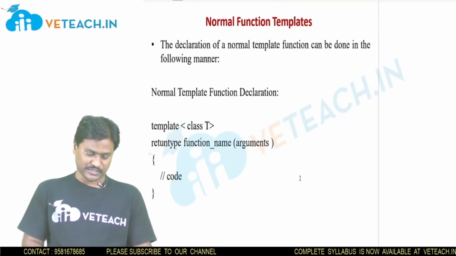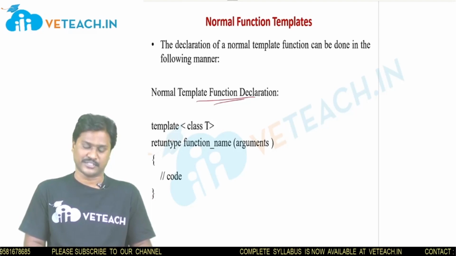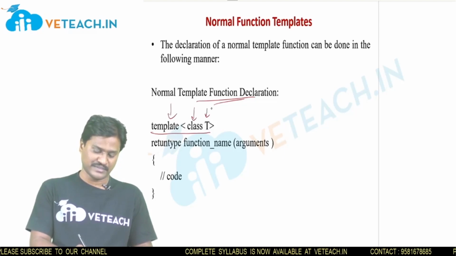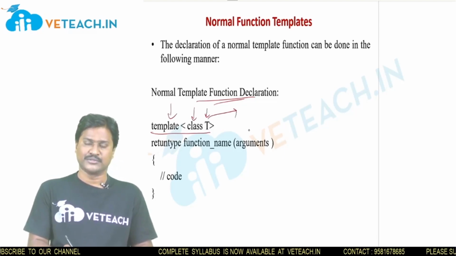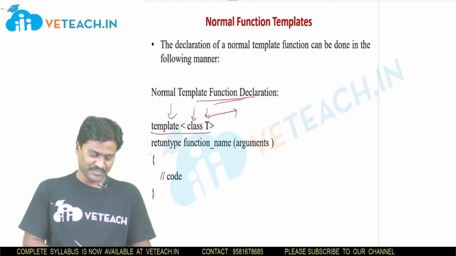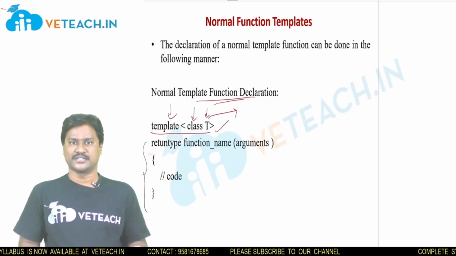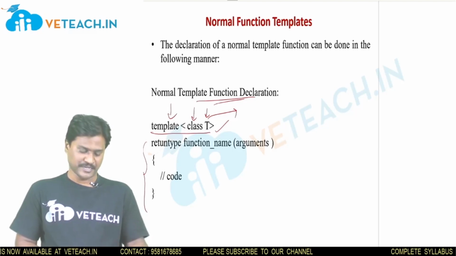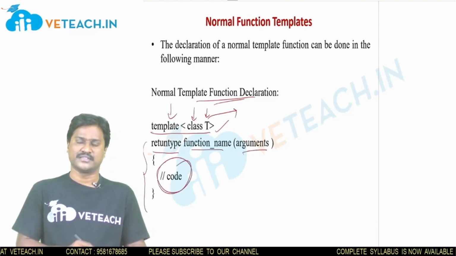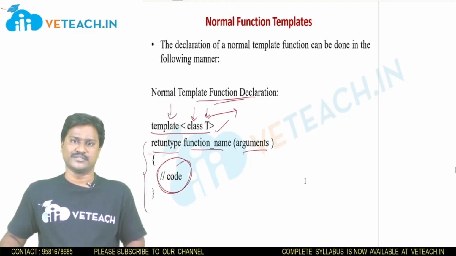Coming to the template function, the same similar syntax is used for defining a template function. Template is a keyword, angular braces, class keyword followed by T. T is not mandatory, you can use your own name or any other alphabetical character for defining this template type. The function declaration should be like this, and when we use this statement before any function declaration, the function becomes a template function, with return type, function name, arguments and the body of the function like this. This is called a function template, and we can use this template type for any type of variables